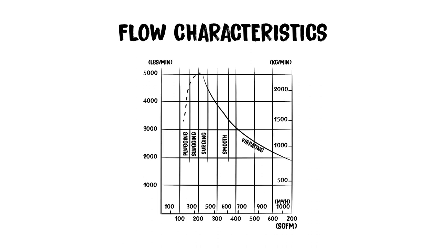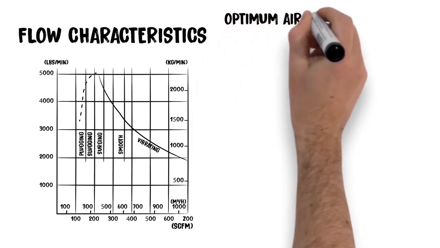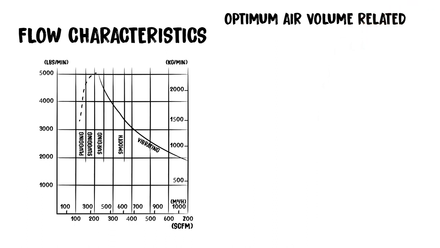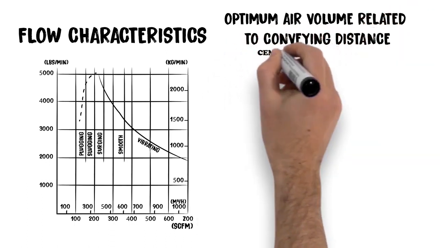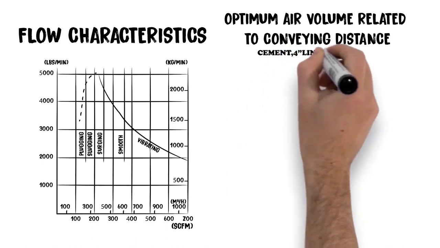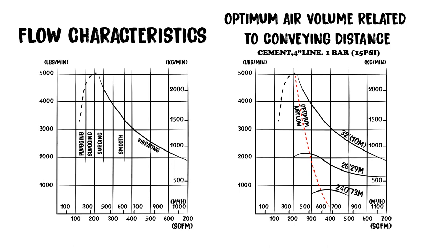And finally, the vibrating zone is where air volume is excessive, resulting in slower unloading, unnecessary pipe abrasion, and product degradation. Longer unloading lines require higher air volume to achieve optimum unloading rates. For example, with a 4-inch line, the optimum airflow volume is 15 psi using 1 bar pressure. For a long line, the optimum air volume increases about 70% to 380